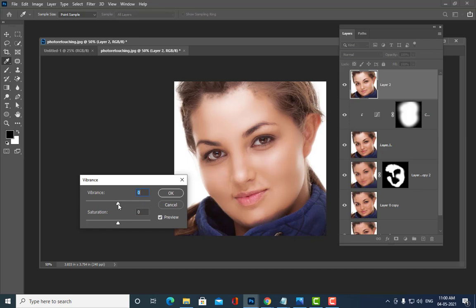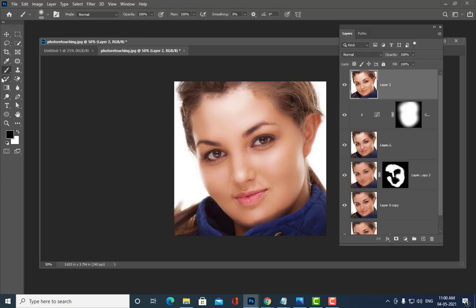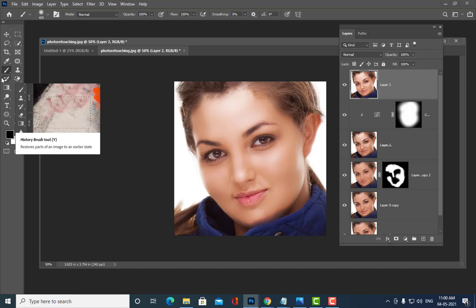Now if I move this button to the right, see what happens. You can see it is becoming a little bit brownish, yellowish, brownish, like that. Can you see the change? Are you able to observe? And if you want more brownish or more yellowish, you can increase the saturation also. Now it is more yellowish, but I think we have given too much value. So I will come back to 48, which is okay for me. So now our main job is done.